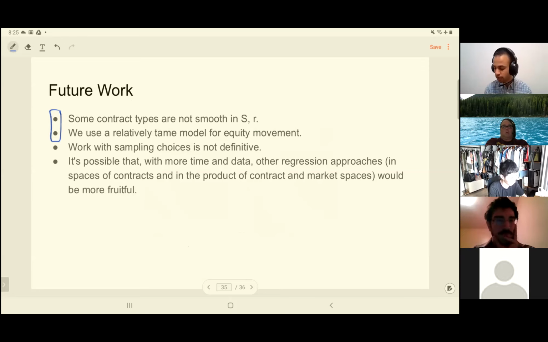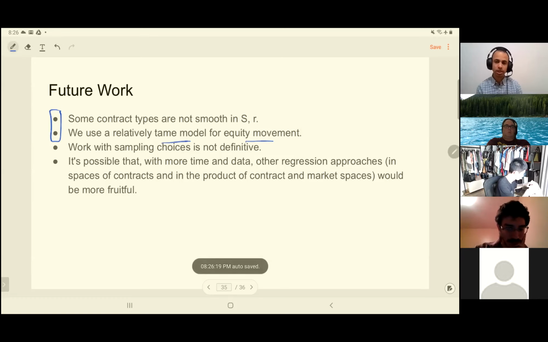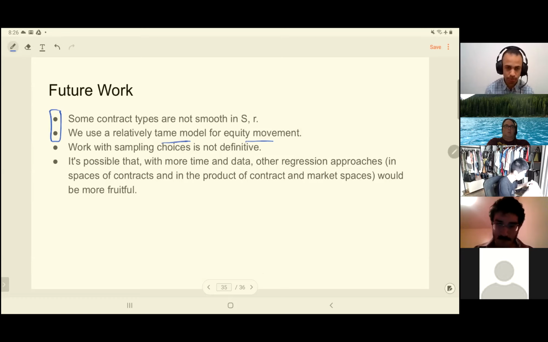However, for some types of contracts that have cutoffs for particular types of benefits, once some market parameters change in a certain way, those actually aren't smooth in S and R, and so doing this sort of global interpolation may not be very successful. The other thing is that we use a very tame model for this equity movement, and in this case, what we were doing is we were using these log normal increments